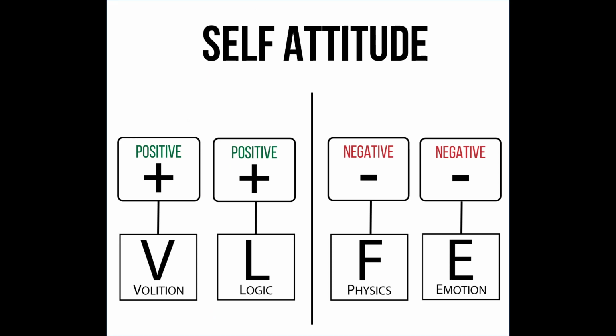So as I said before, you have a self attitude and an others attitude. And for both, we have two aspects that are positive, and two that we have a negative view towards. So for the VLFE specifically, they have a positive attitude for volition and logic, and a negative attitude over the self for physics and emotion. So you can see this in the type. They're very energetic. They love to explain things. They're detail-oriented. They trust their own logic and theories. They trust their ability to get things done. They know who they are. They understand their own character. These are all things related to volition and logic.